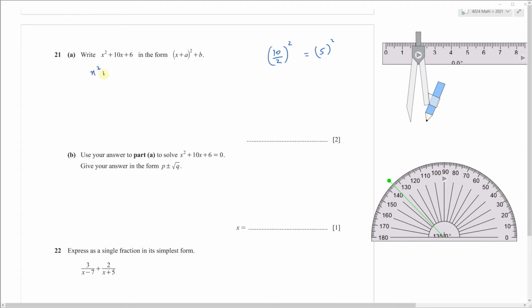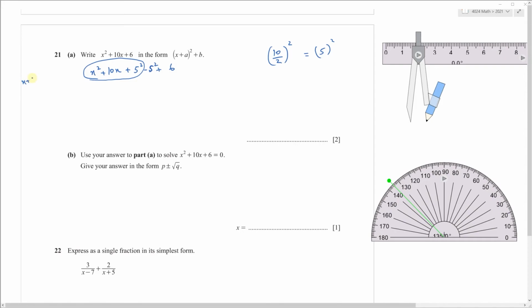So x square plus 10x plus 5 square minus 5 square, which is 0. So it should not make any difference to the term. But since we are doing the completing square method, we are following this process. And then this plus 6. So now I can write this